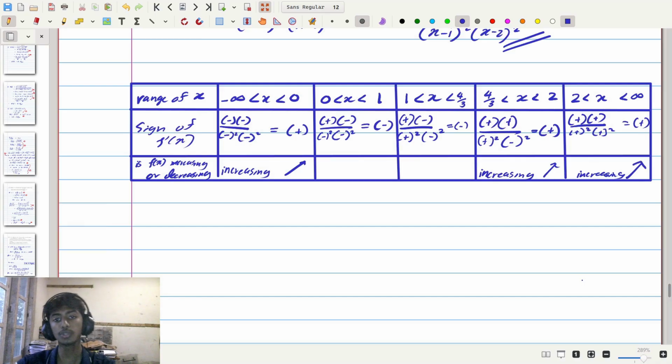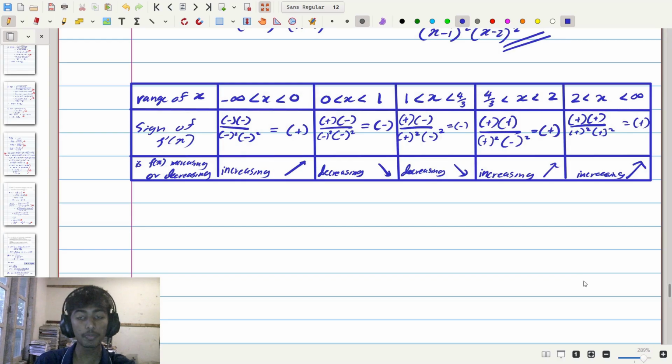Now considering the other two, we can see for this range and this range, we have negative values for f prime x, and therefore for those ranges, our graph is decreasing. So in those two boxes we can write decreasing with a downward arrow like this, and similarly decreasing with a downward arrow like this. And with that, we have completed our graph for this part, and now we are also expected to find the